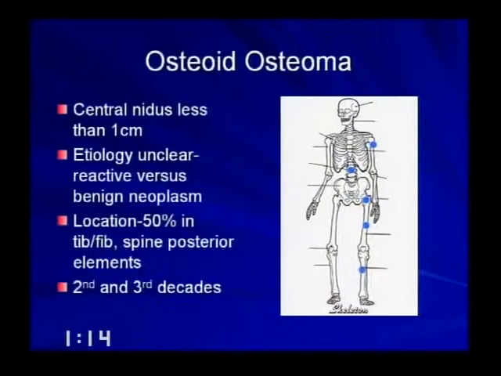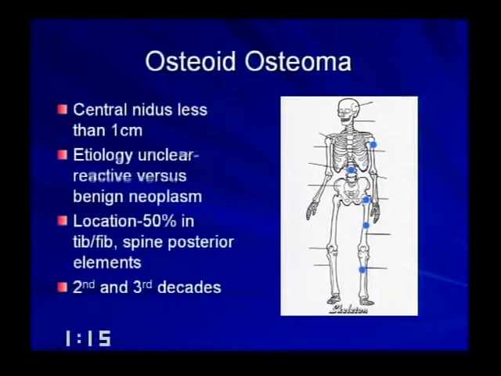Now, osteoid osteomas we see not uncommonly. These are the patients, like we said, who come in with night pain. They're young patients, usually in the lower extremity, 50% in the tib fib, but they can also be in the spine, and those patients present with a painful scoliosis. So if you have a kid that comes in with a painful scoliosis, most adolescent scoliosis is not painful. Think about osteoid osteoma and see if this pain is activity-related or non-activity related.